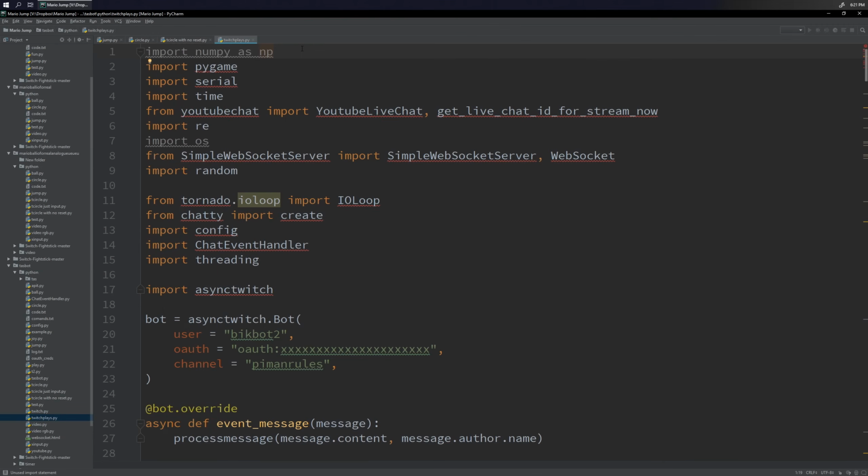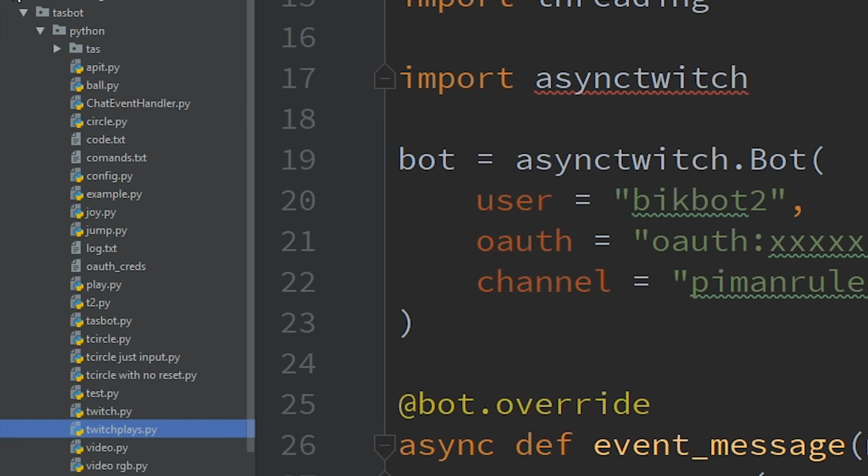And last but not least, the final script we're going to be taking a look at here is the YouTube Plays Super Mario Odyssey script, otherwise known as Mixer Plays Super Mario Odyssey. We've got some interesting things going on here, of course, as always, with the path and file name.